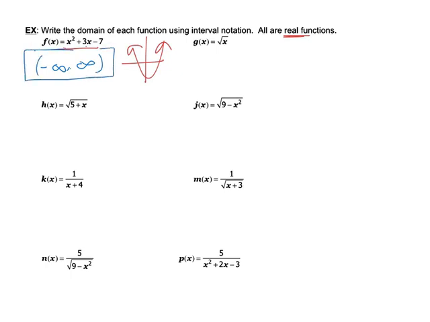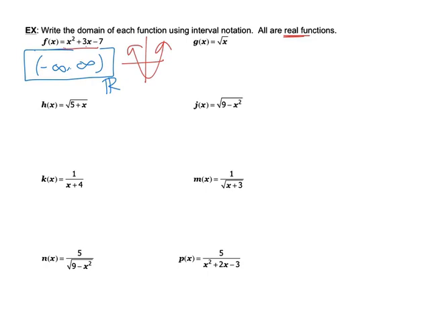So that's the domain for that function. Another way to represent negative to positive infinity is by writing the symbol for the set of real numbers, which is an R with that double line, or a bold R. So that one's fairly simple. The next one